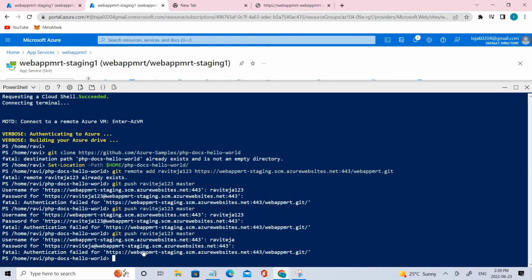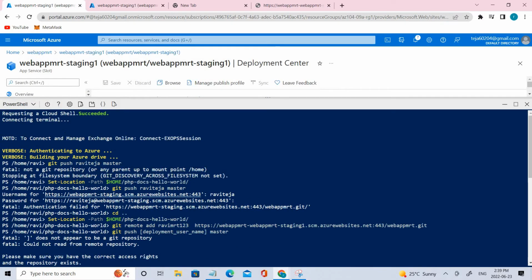Here I was getting an error for the other slot, so that is the reason I created another one and tested on that. You have to click this Cloud Shell, and select PowerShell instead of Bash, based on the commands that you have. Coming to the first command,